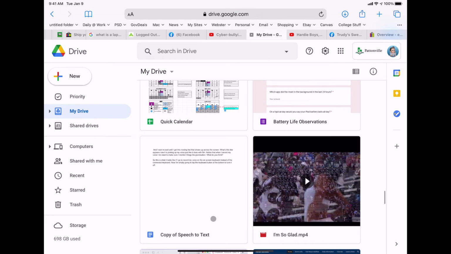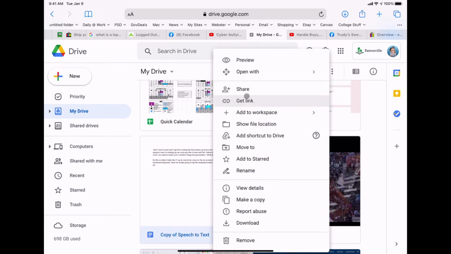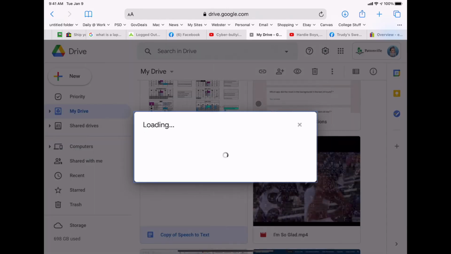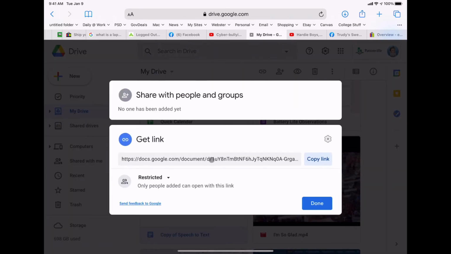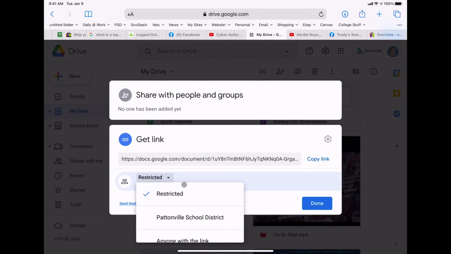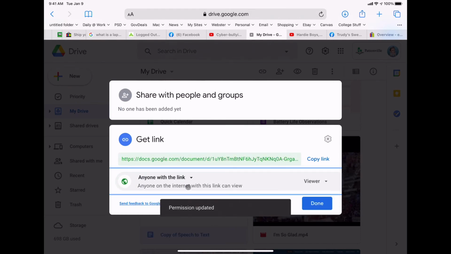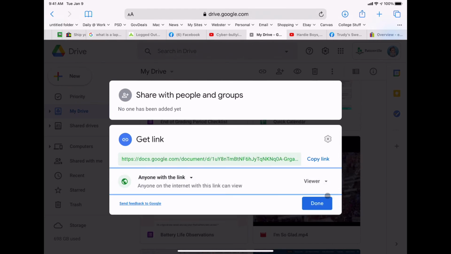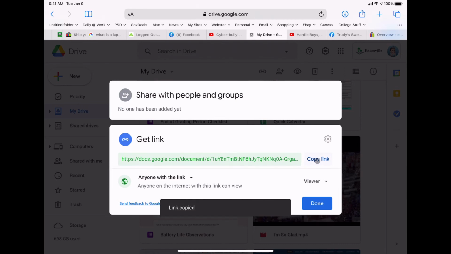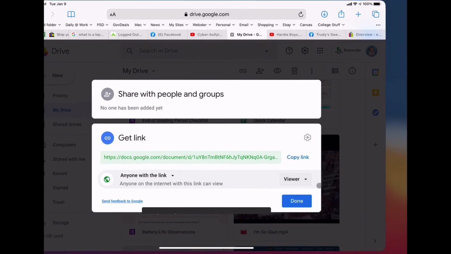I could go ahead and right-click on that document, and I could say Get Link. And when I do that, it's going to show me a link to that document. I can tell it to copy that link, and I just need to make sure that the people who have access to it have permission. So if I wanted anyone in the district to be able to open it or anyone with the link to be able to open it, I just need to make sure I've set those permissions the right way so that they can view it. But when I go ahead and tell it to copy that link,